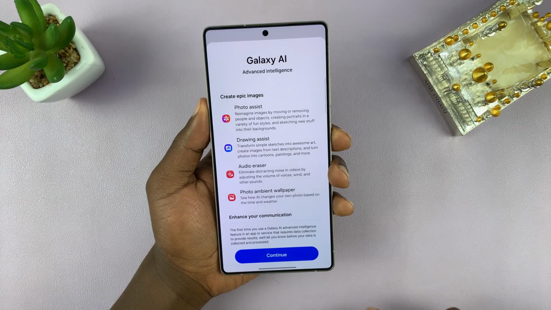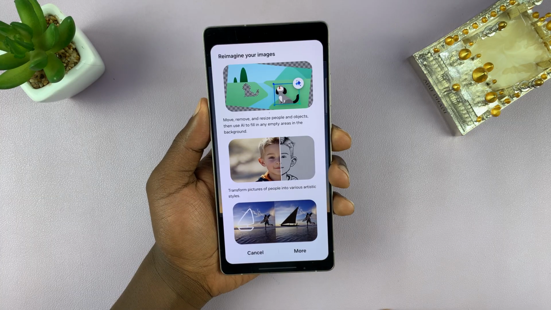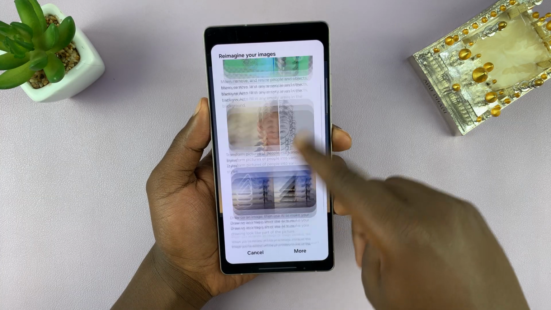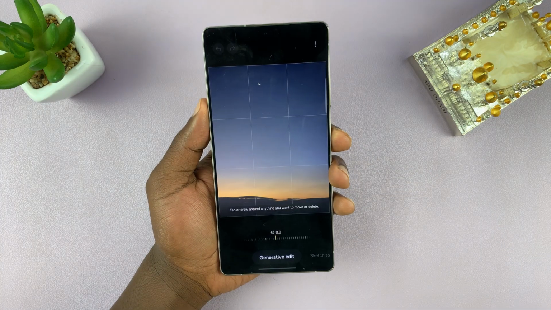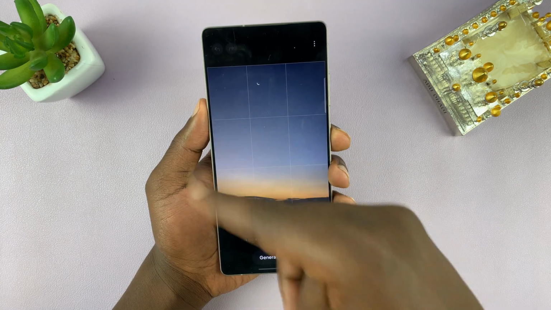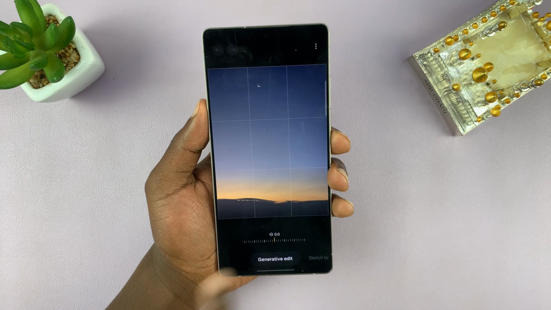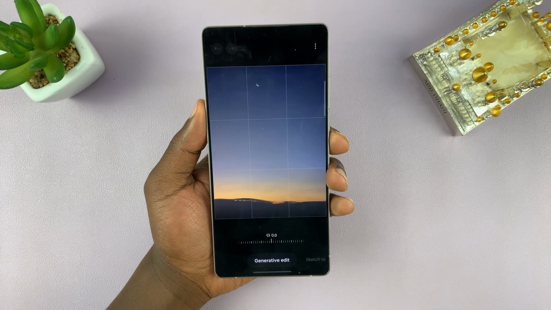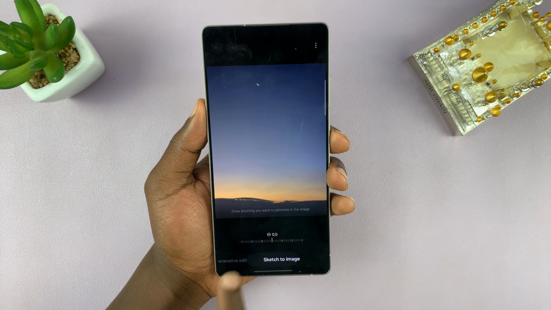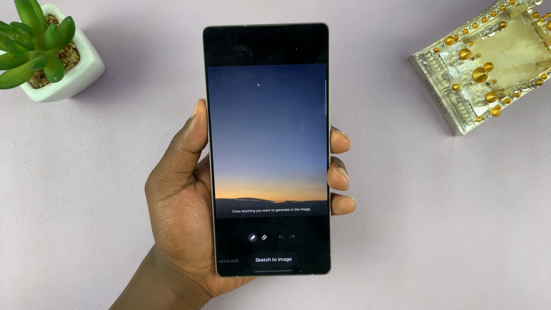the AI button, tap on it, and then tap continue, and then it says, of course, all this stuff. You can read that and say okay. If it's the first time, you're going to go through that process. But from now on, you have opened the photo in the AI editor. And so if you scroll at the bottom here, you have an option called sketch to image. Okay, now